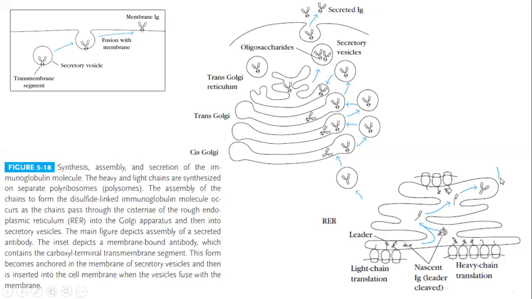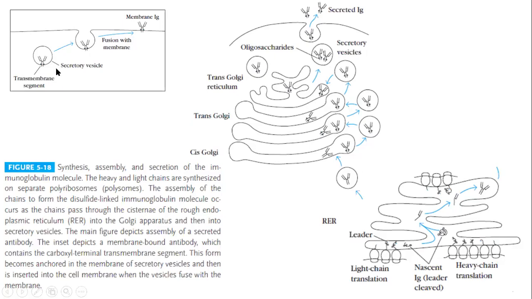Each one folds into a different three-dimensional conformation of the polypeptide, giving rise to a specific immunoglobulin, a specific antibody. That antibody is released through the smooth endoplasmic reticulum and into the Golgi complex. In the Golgi complex, it goes through processing. It moves from cis to trans Golgi. During this movement, specific glycosylation events happen. See the constant region of the heavy chain: these glycosylated sugar molecules are added. Then they become coated in secretory vesicles. This secretory IgG will move up.